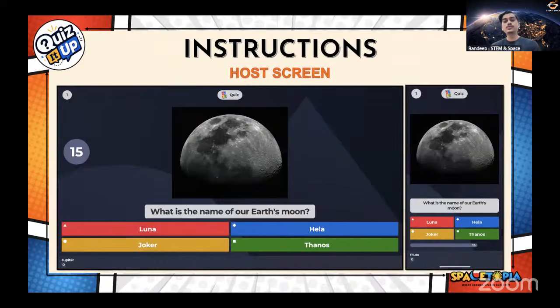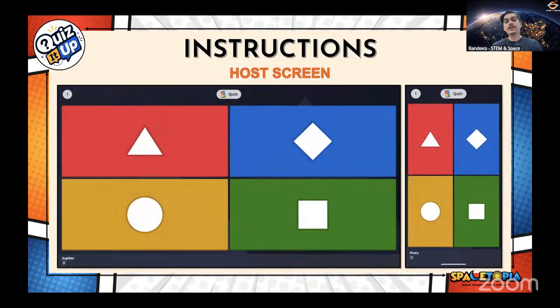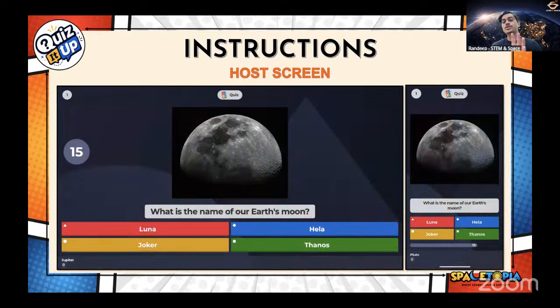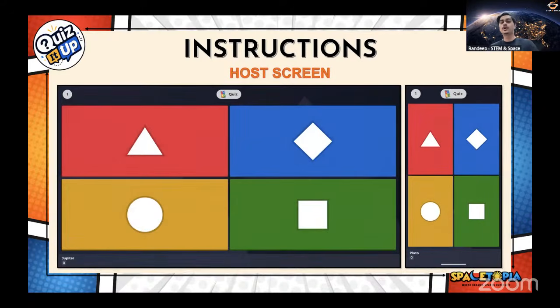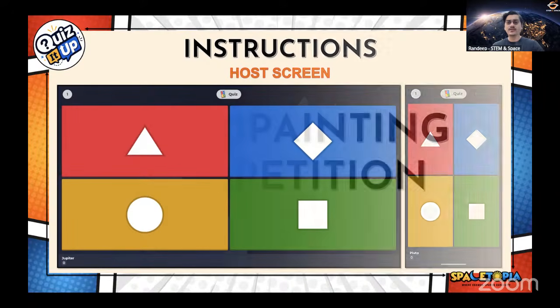This is how the questions will come up on my screen. You will be able to see the questions as well as the options on my screen, but on your screen, whether it's a laptop or a mobile phone, you will see only the colors of the options. So you have to look at the questions and options on my screen and answer on your screen by choosing the appropriate colored option. That is the reason we asked you to arrange 2 devices for joining. Or if you are very professional in handling computers, you can also do it on 2 tabs on the same computer. But it's preferable that you attend the session on a laptop or computer and join the quiz through a mobile phone. It becomes very convenient.